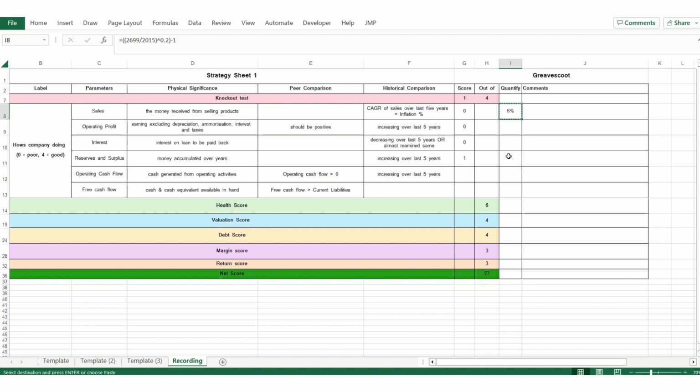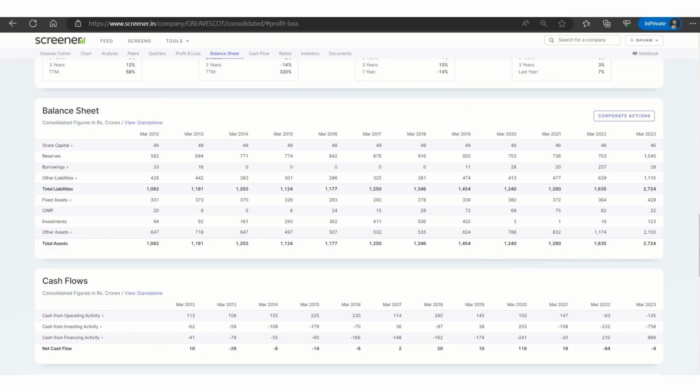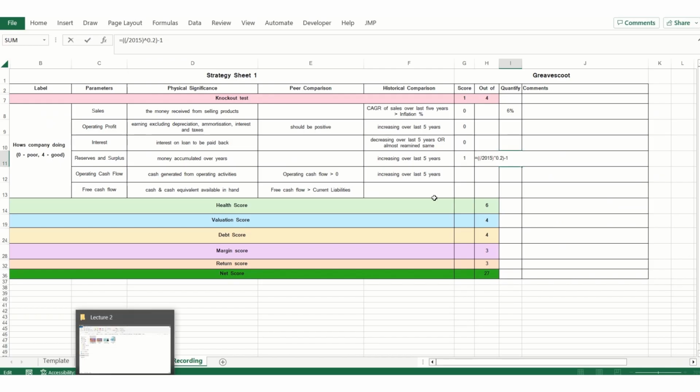So I'm just going to copy it from here to here. Okay, here I've used the values, so let's change the values. So from your reserves it is 1540 in the current financial year and 920 in year 2019. So this is an 11% increase. Okay, not bad. The next is your operating cash flow.